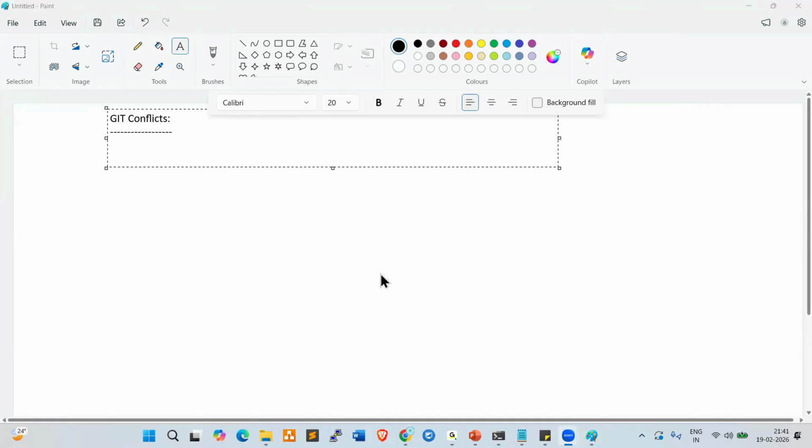Developers always get conflicts only. What is a conflict? A conflict is fixes, errors, issues. Okay, fine. Now, for example,